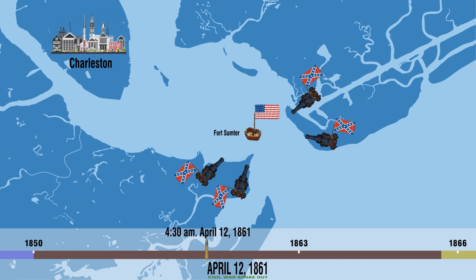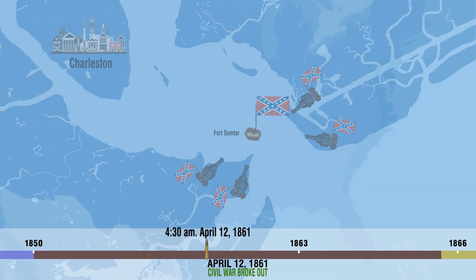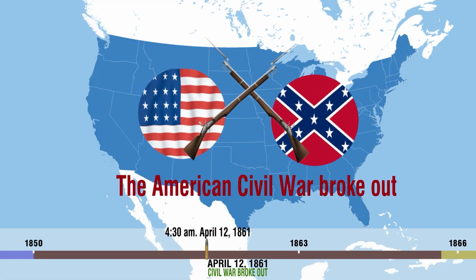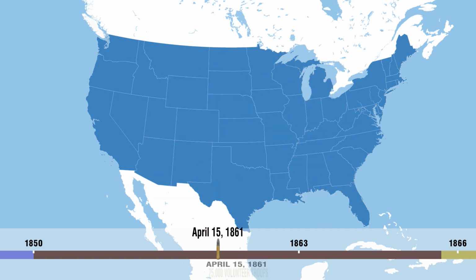At 4:30 a.m. on April 12, 1861, Southern troops began shelling the station with cannon batteries around the port. Although the Northern garrison returned fire, they were clearly outgunned, and after 34 hours, Anderson agreed to withdraw. The American Civil War broke out. In response to the South's provocative actions,